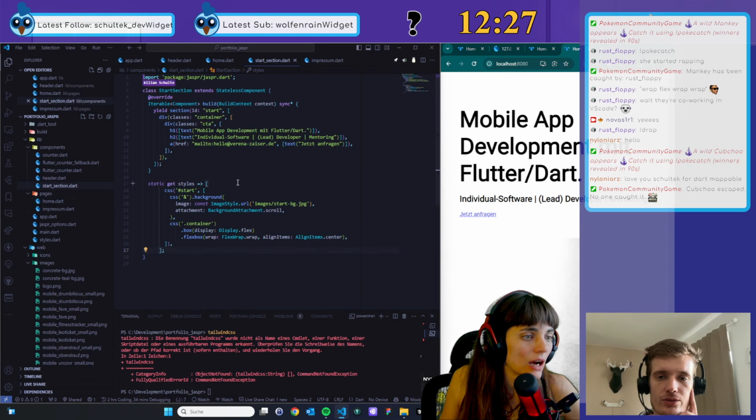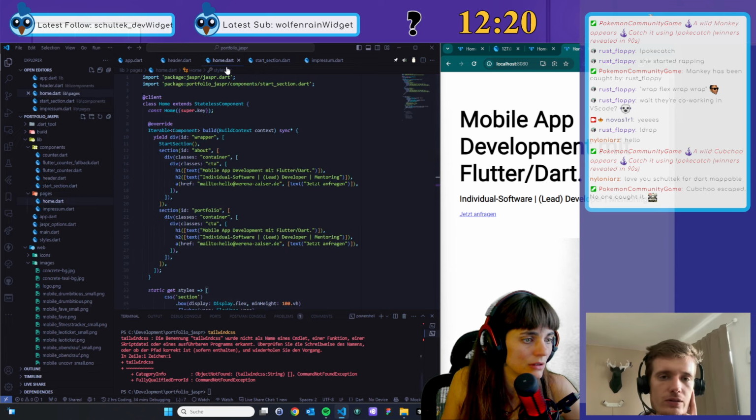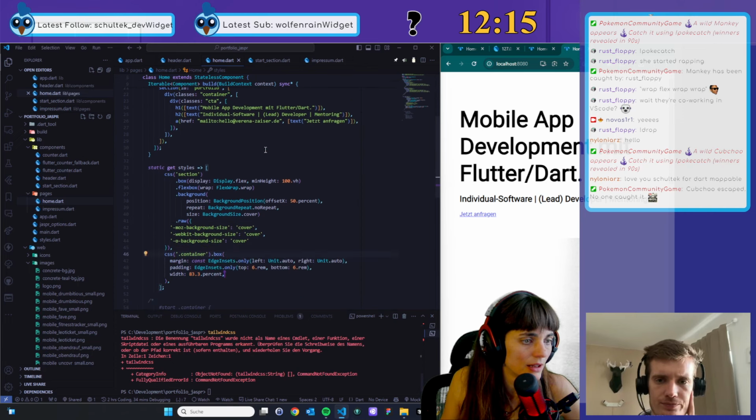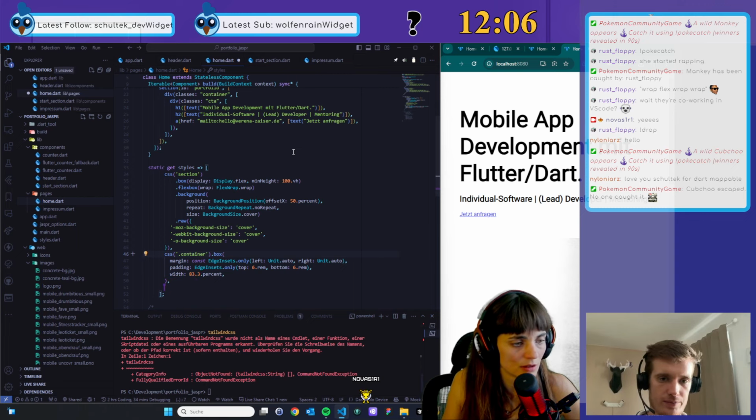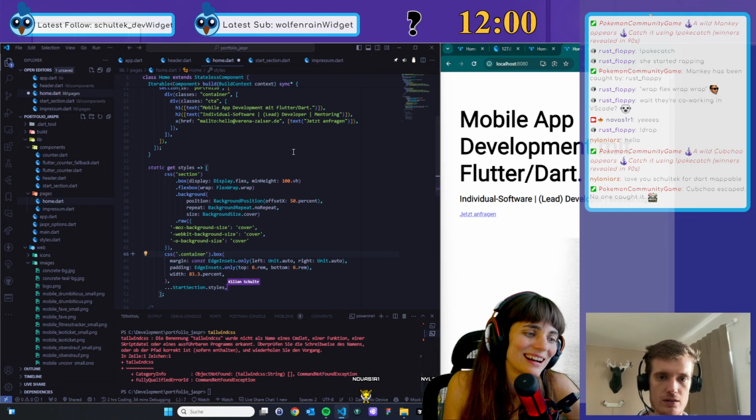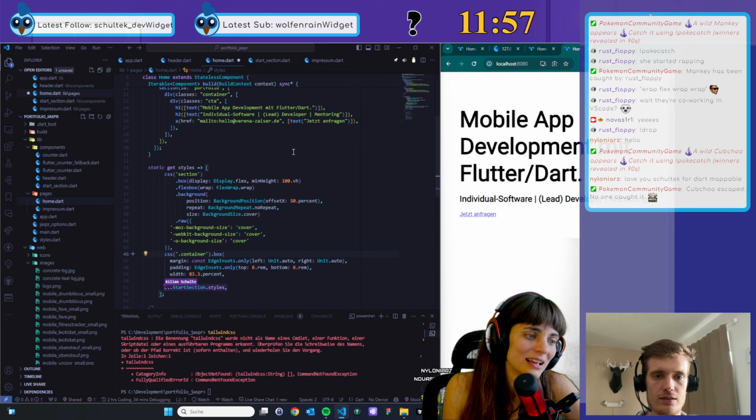So if you go to home, if you go to the styles, then you can go in here, and do you see my cursor? Yeah, I see it. Start section dot styles, because this is a list, and then you add the start section styles to this list of styles.